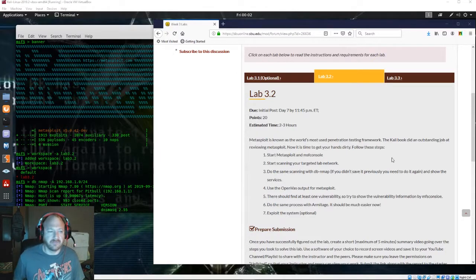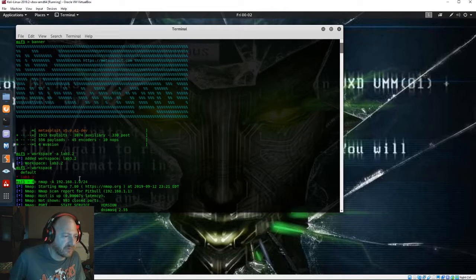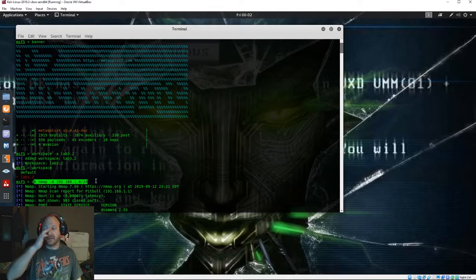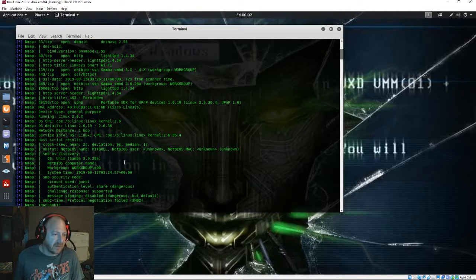We're looking at Metasploit. So for this lab, we've got to get the Metasploit console up and running, which we have here. And then I created a quick workspace for Lab 3.2. And then we're going to run a scan. So I issued a scan using db_nmap for my /24 home network to pull in some discovery right into